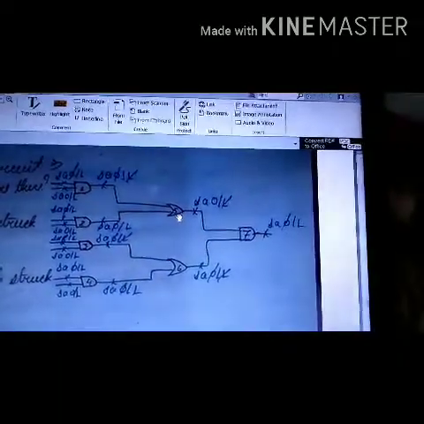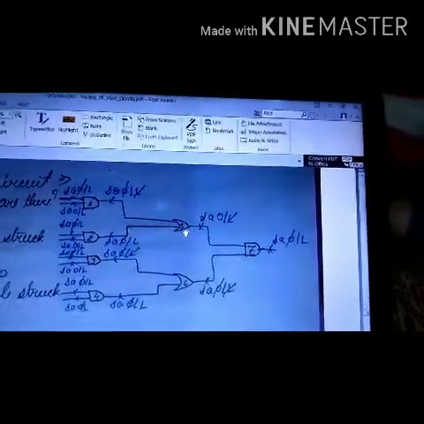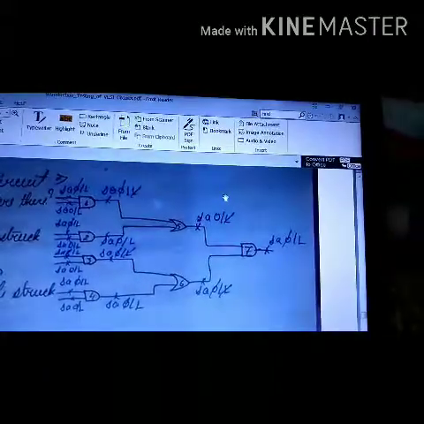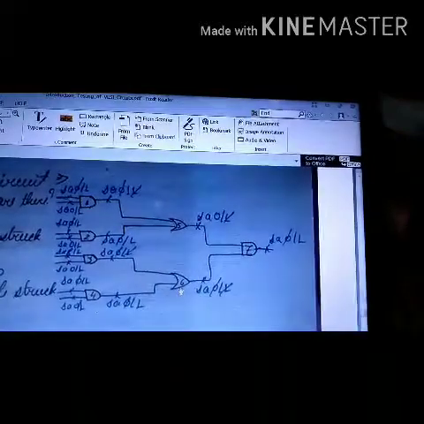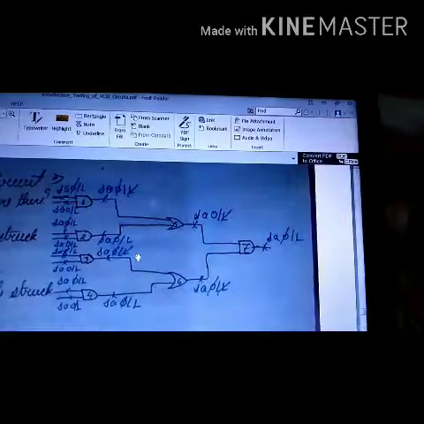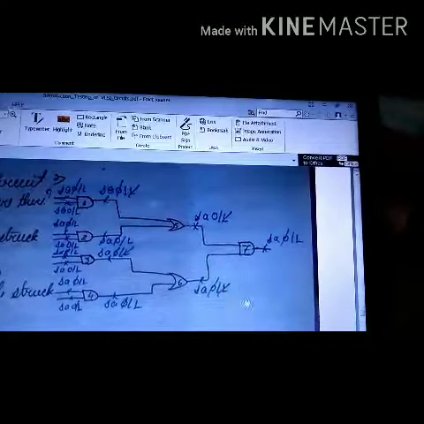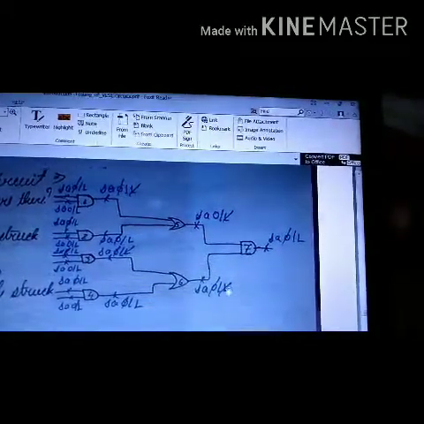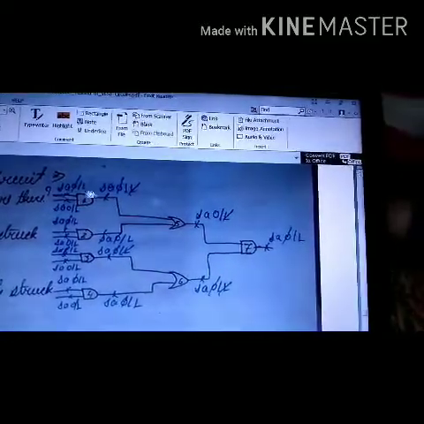For OR gate, stuck at 1 fault at the input gets cancelled by a stuck at 1 fault at the output. So this stuck at 1 fault has been used and we are cancelling this stuck at 1 fault at the output. Similarly, for this OR gate, the stuck at 1 fault at the input is cancelling stuck at 1 fault at the output. Then finally, for this AND gate, stuck at 0 fault at the input is cancelled by stuck at 0 fault at the output. So how many faults have been cancelled?